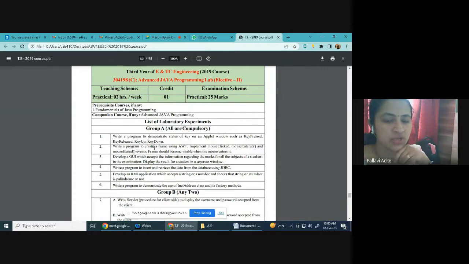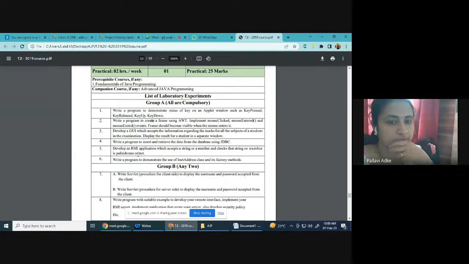Okay, these three events we are going to show through programming. And then the GUI which accepts information regarding the marks of all subjects of students in the examination and displays the result for a student in a separate window. Okay, in this also, one student has some 5-6 subjects, enter those marks and display the